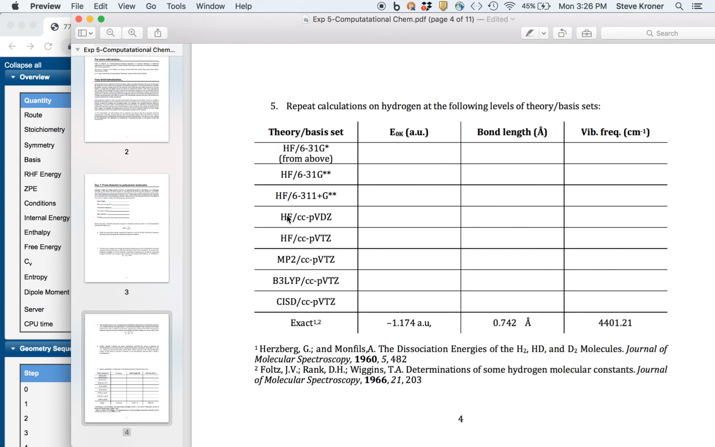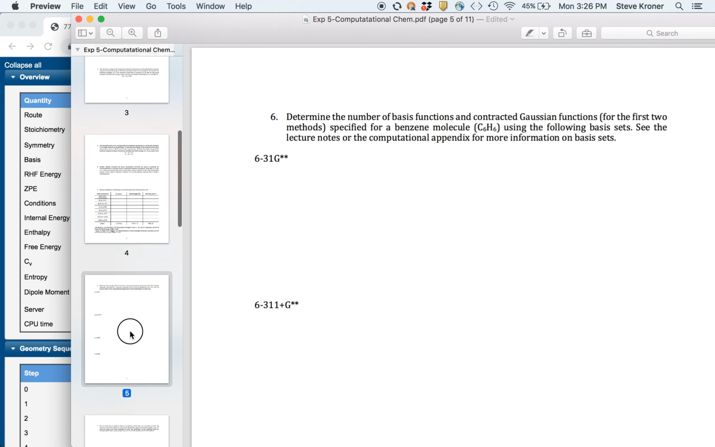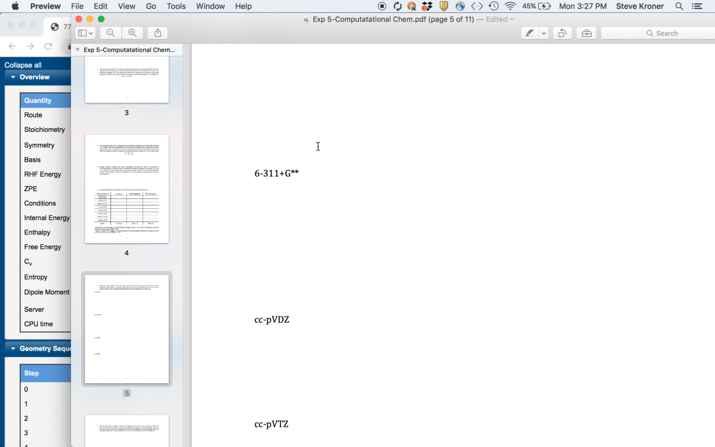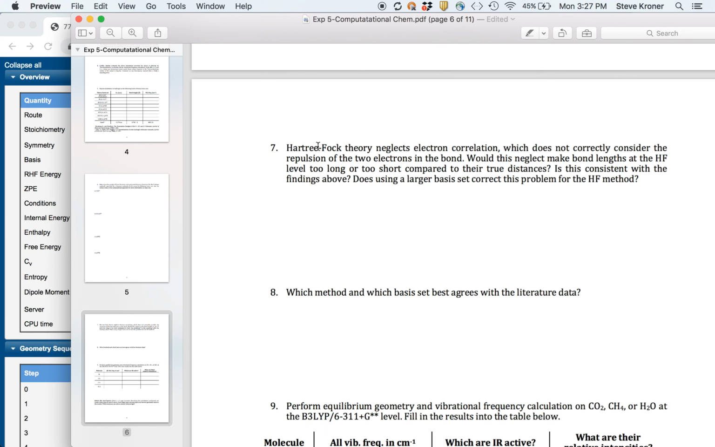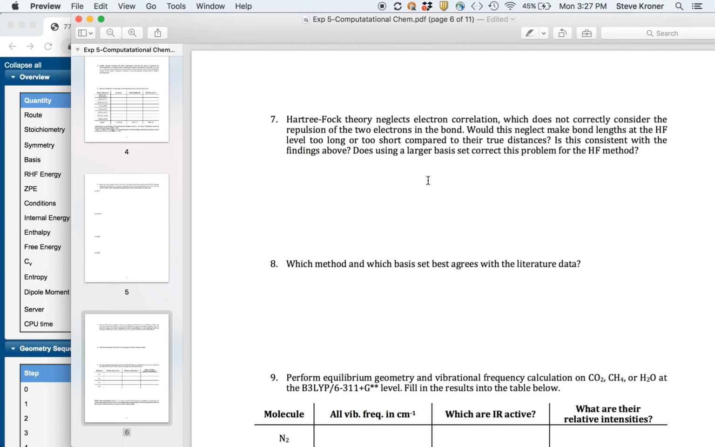So this is just getting a sense of, do you get a better result as you go to a bigger basis set? And do you get a better result as you go to an improved method? You can get a quick comparison there. Moving ahead, number 6 will be best discussed in a separate video. So we'll talk about basis sets and what it takes to get through number 6 in a separate video. And then moving on to number 7 and 8 and 9,